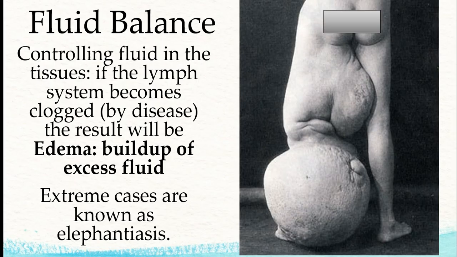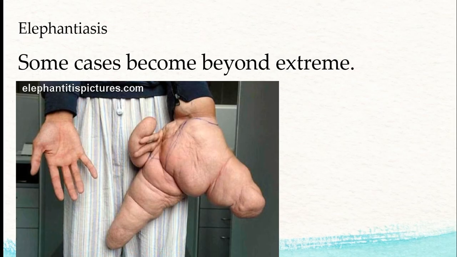Now, the reason it's called that, you hear the word elephant in there, is because oftentimes it does affect the limbs, namely the legs, and so the people who suffer from this can have their feet look literally like elephants' legs. Yeah, both feet, sometimes just one, like in this man's case. Our next picture, once again, I have a disturbing picture here. Some cases become beyond extreme. Now, you see this person here, his left hand has a serious problem, right? And you can see it looks like his thumb and first two fingers, 1, 2, 3, 4, 5, have this